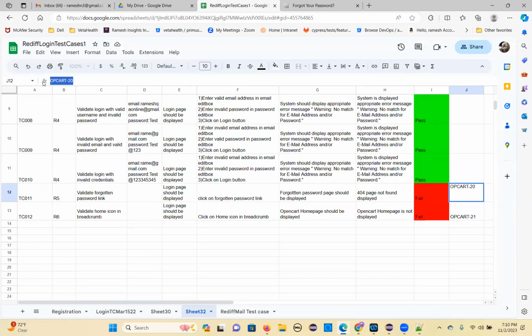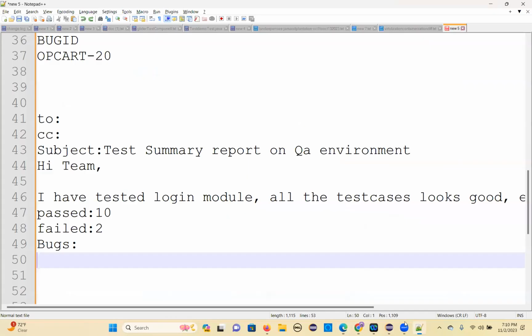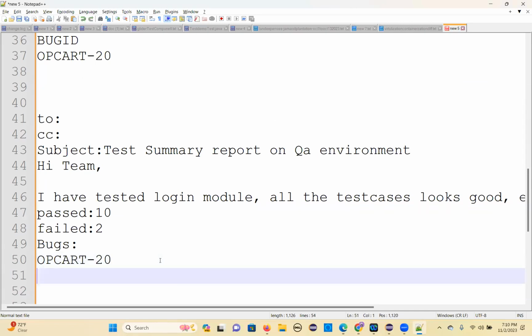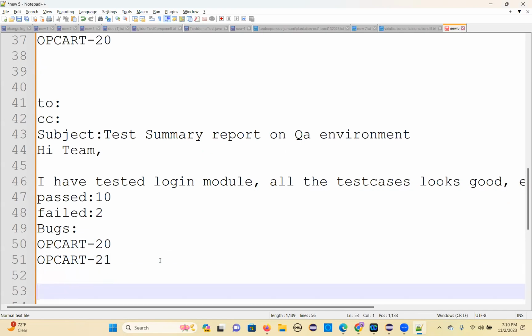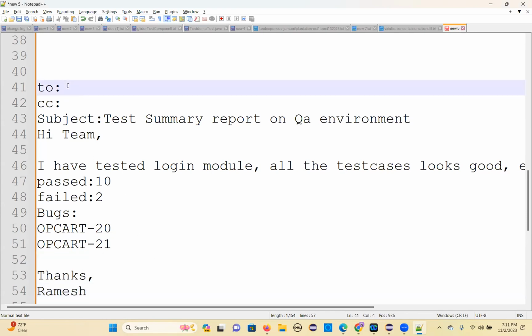Okay. So take those bug numbers from your defect tracking tool and send the mail. Okay. Thanks. So this is how you can put DL, maybe some of your